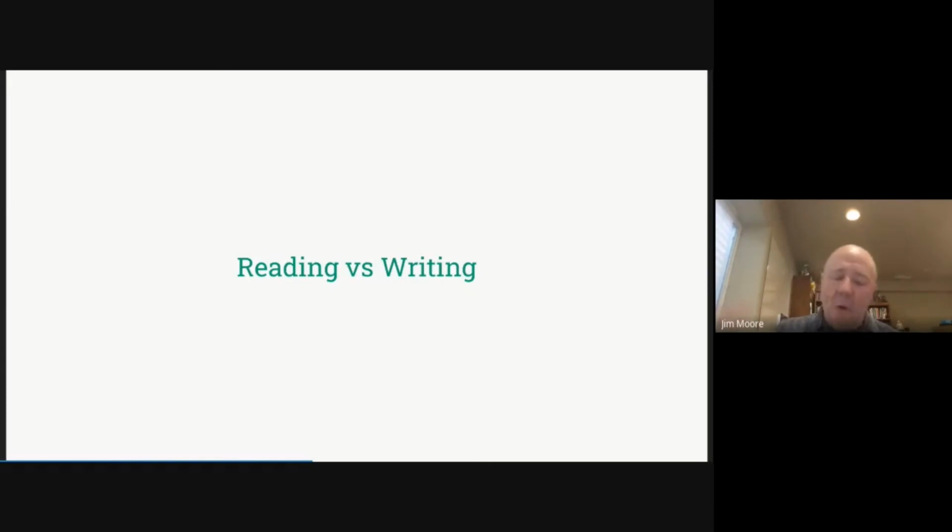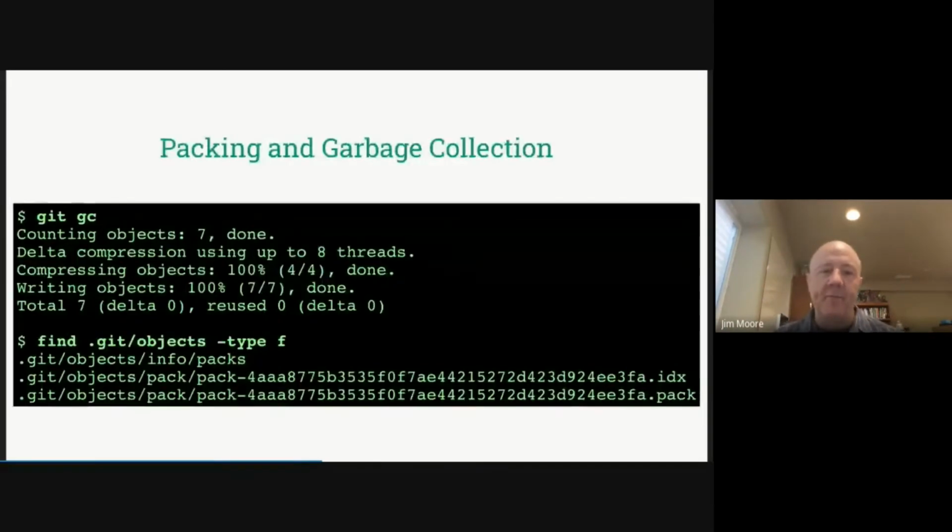So why did I talk about all that for Git? Well, when you're doing your commits, when you're doing a lot of your day-to-day stuff, what you're doing is a lot of writing. And so it's going to write it out to those individual little files. However, you are also going to want to do some reads.